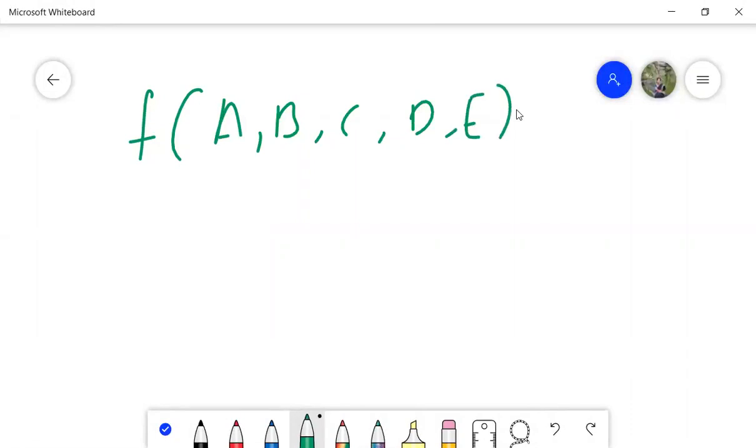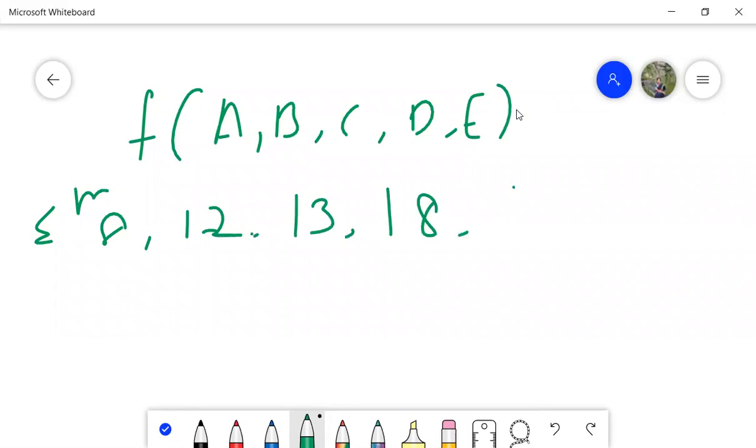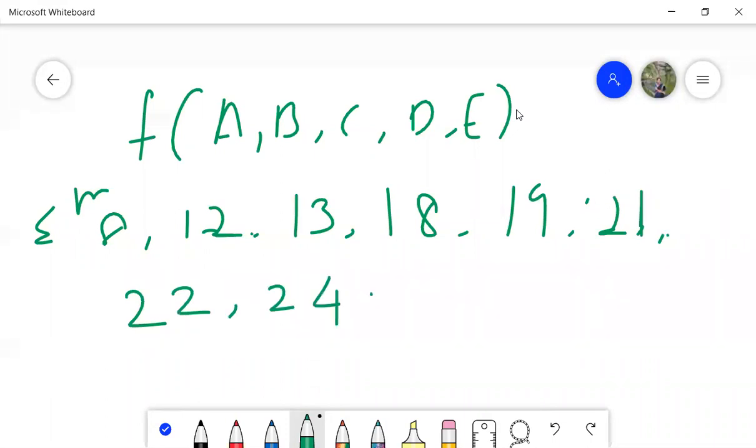For this 5 variable K-map I have taken an example of 8 minterms: summation m of 8, 12, 13, 18, 19, 21, 22, 24, 25, 28, 31